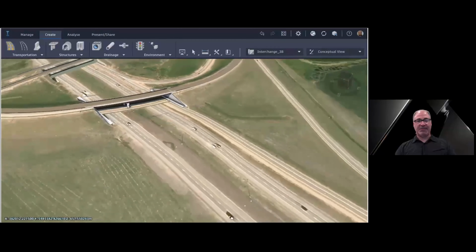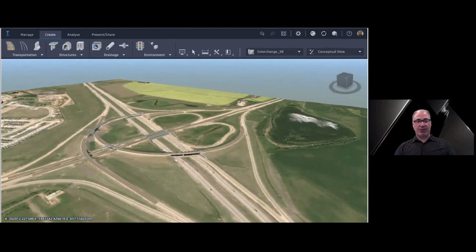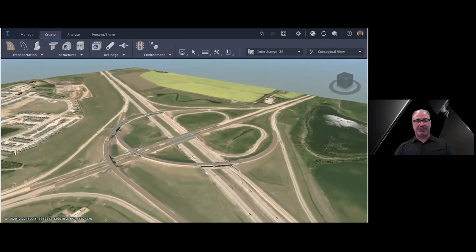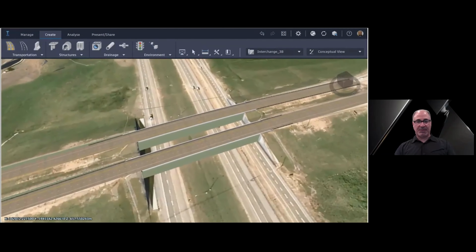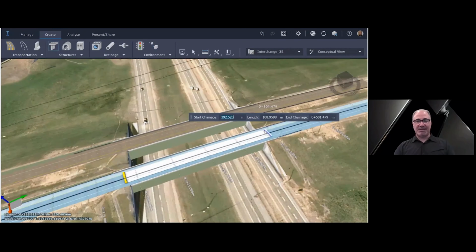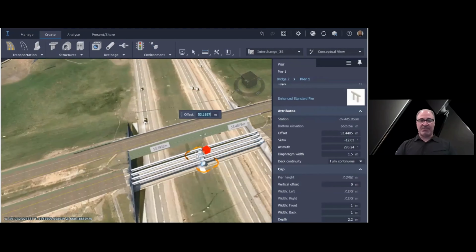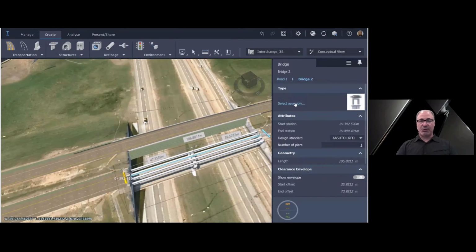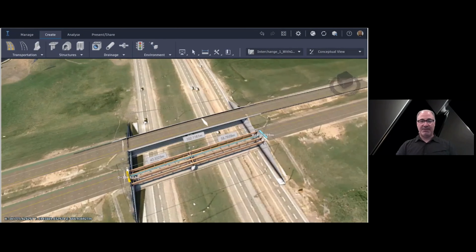And once we have this, we can save this bridge to template, because on this interchange, a number of the other bridges are very similar. They might have different number of spans or different number of girders, but they share the common type of retaining walls and foundation and pier types and so on. So we'll take advantage of that. So we place a bridge, we'll make sure we have the right number of piers and the right number of girders. But from that point on, we'll just go into the template library and bring the template we just saved, and then add the cross frames and diaphragms.